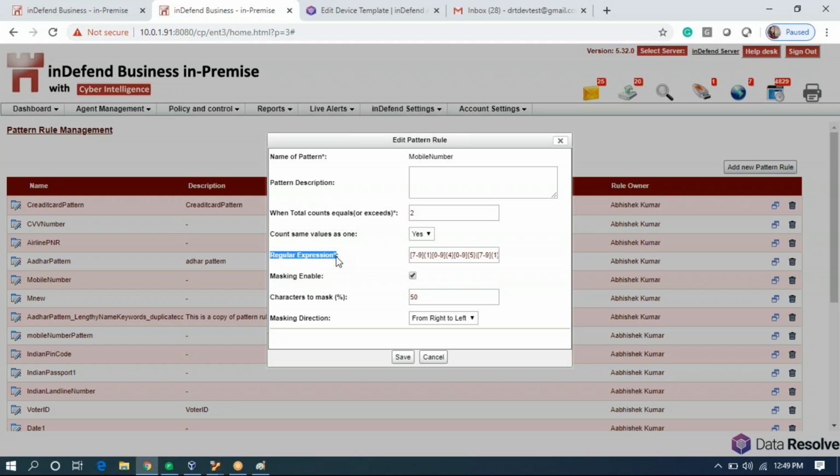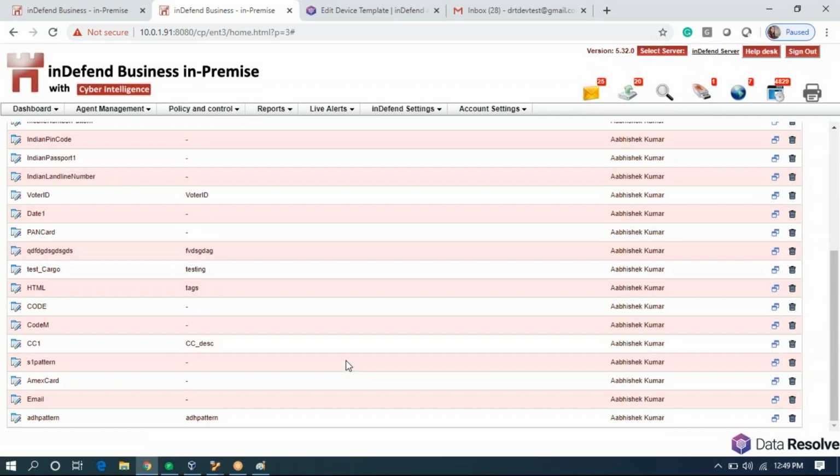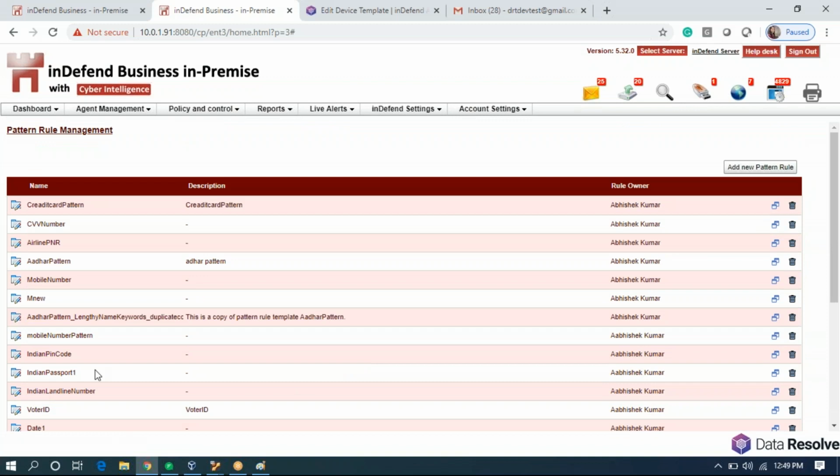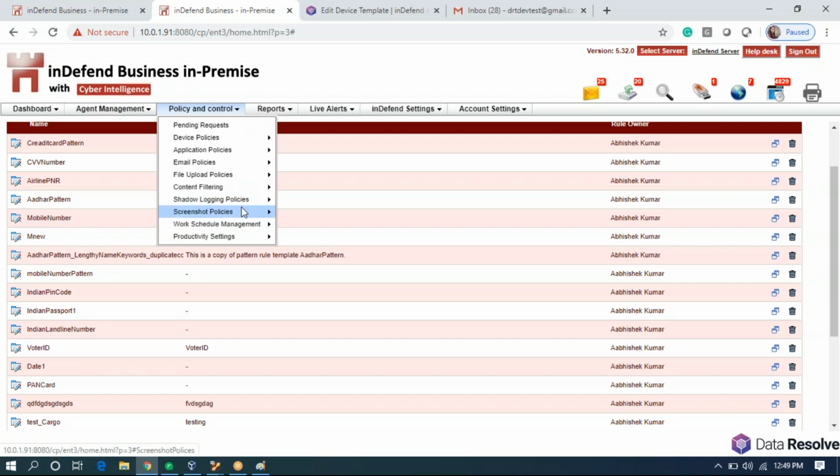You can just simply define the regex for the same. So we will use the mobile number pattern, which is already created. The spelling should exactly be the same while creating the rule. So it's mobile number. Okay.